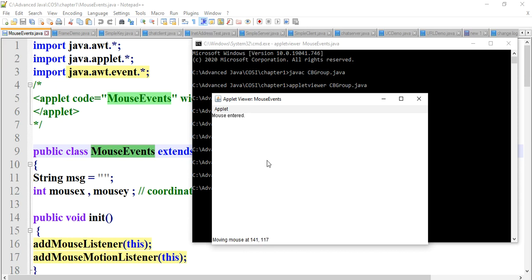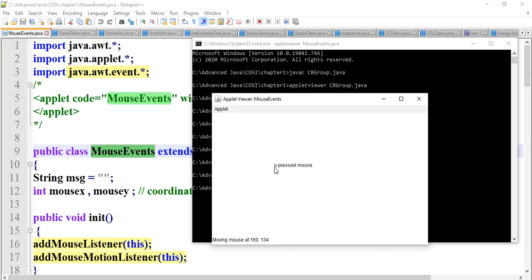Now suppose I click, the mouse click message is displayed, and you pressed mouse. That message is also displayed.